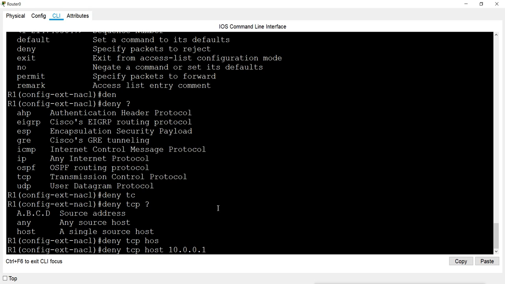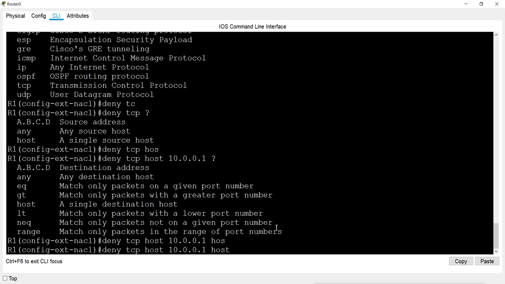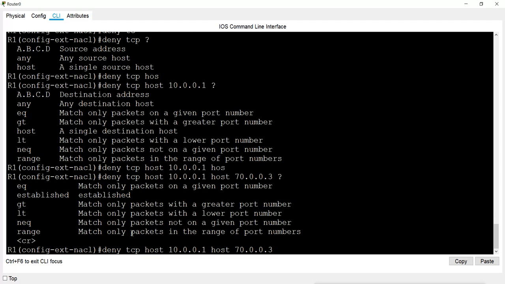Now when you give a question mark, it says mention the destination address or the protocol port number for the source. I don't have to mention the port for the source, so I will mention host destination. Destination is 70.3. Now after that, when you give a question mark, it asks you to provide the port number based on equal to, greater than, less than, not equal to, or range.